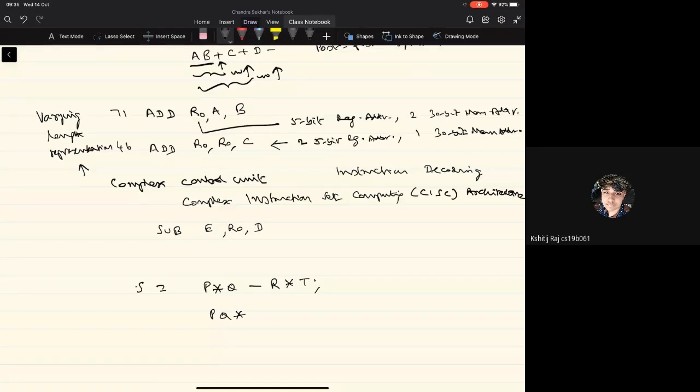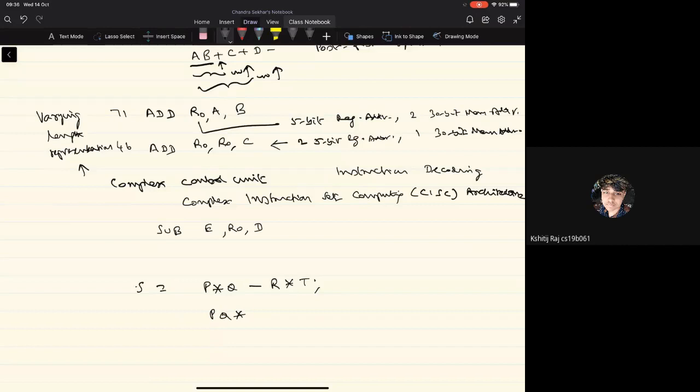Multiplication has a higher precedence than addition and subtraction. Even the division operation has higher precedence than addition and subtraction. And within addition and subtraction, they have the same precedence, and multiplication and division have the same precedence, right? So we need to take into consideration the precedence of the operators.